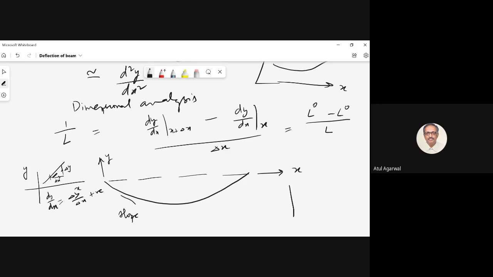And how do you have a negative slope? Suppose you are going like this. You are going from this point. You increase your x. So this is your delta x. Now what is happening to delta y? It is reducing. Your y is reducing. So your delta y is negative. Delta x is positive. So your slope, delta y by delta x, is a negative quantity.